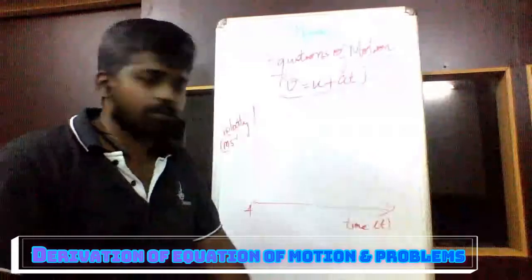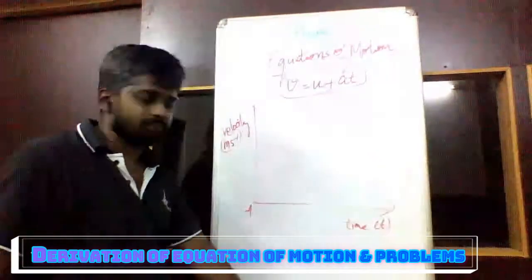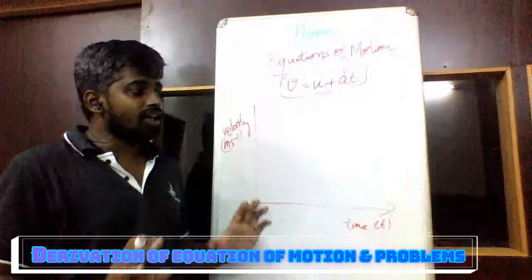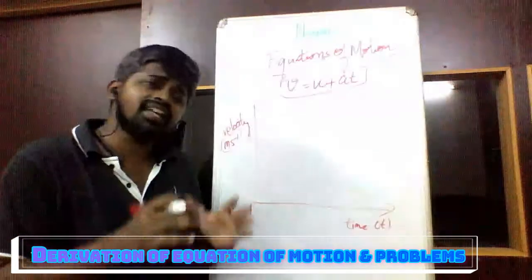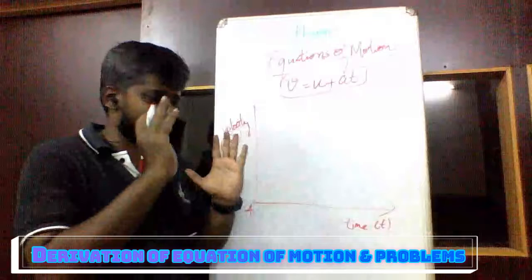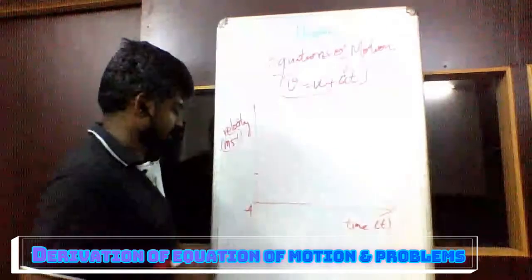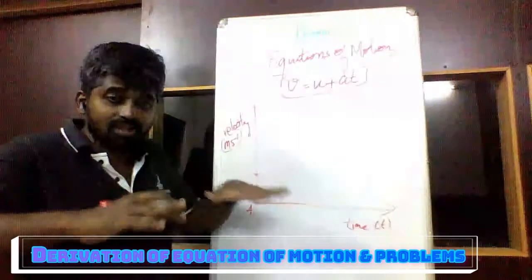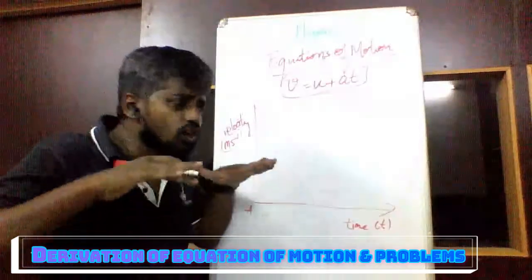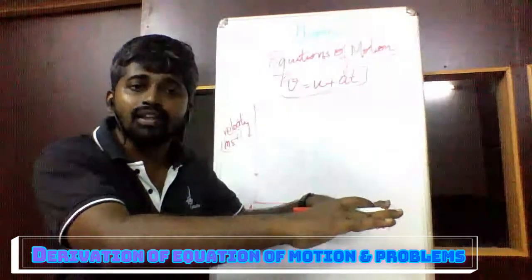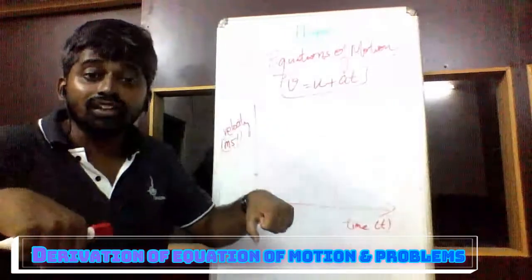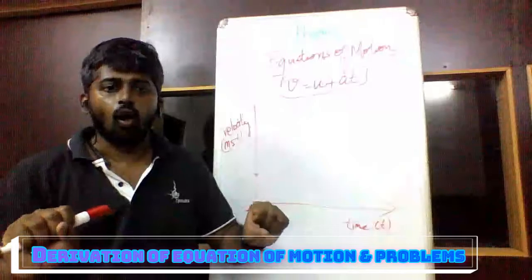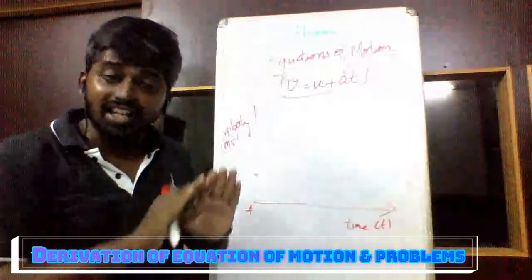Take any example from your class. Bhavan. Okay, so Bhavan is riding a motorbike. His initial velocity is 10 meter per second. Okay, some 10 meter per second, this point. It is not zero, it is 10 meter per second. He is not moving at 10 meter per second altogether, but he is giving the throttle. Okay, he is raising the throttle.